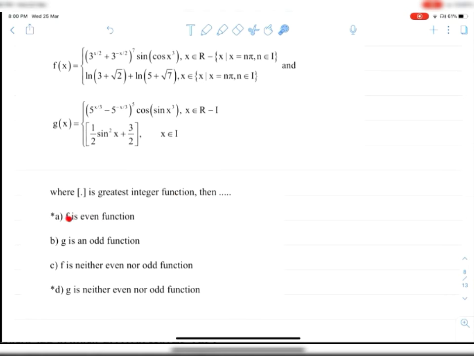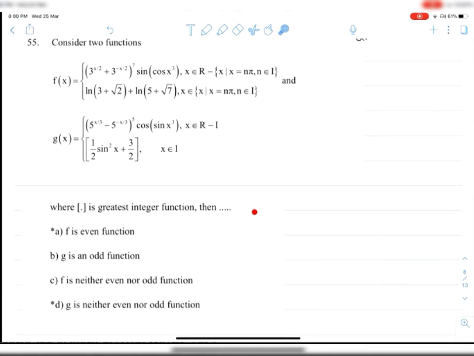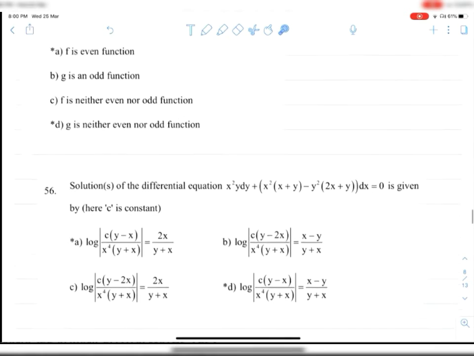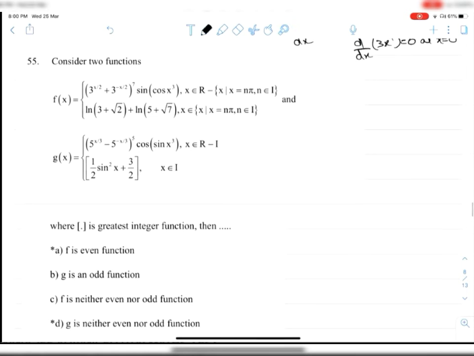F is an even function, odd function. So how will I directly solve it? We'll just check it. F of minus x, what will happen? Firstly, I am taking this function. In the place of x, if I substitute minus x, what will happen? If x is equal to n pi, and in the place of x you substitute minus x, again it will be of the form n pi. So t and minus t, the function will be the same. This is a constant function.